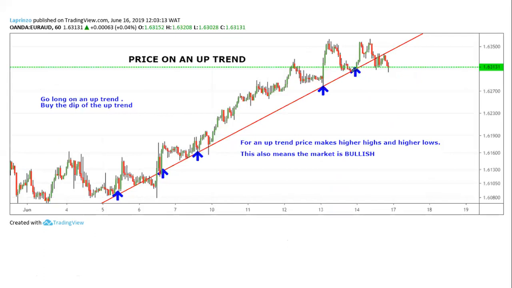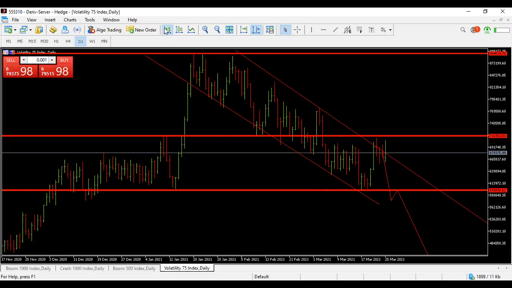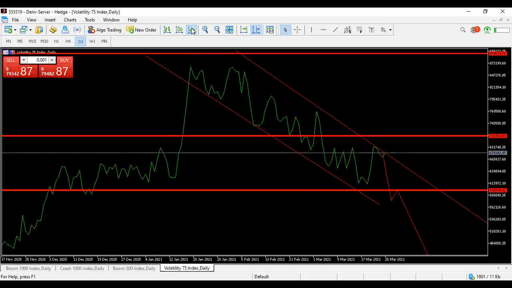Now, this candlestick pattern you're seeing, there are also other patterns that you can use, not just candlesticks. There is also line chart. What I just showed you is a candlestick chart. It's not only candlestick you can use. This one is bar chart. This one is candlesticks, while this one is line chart. They are all